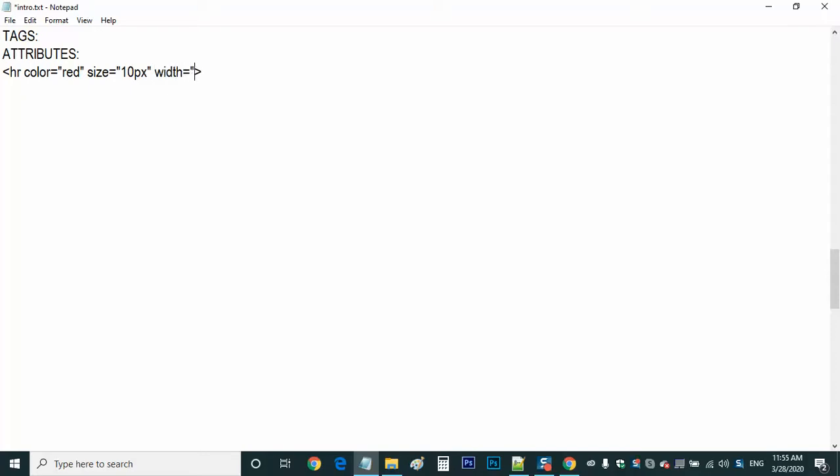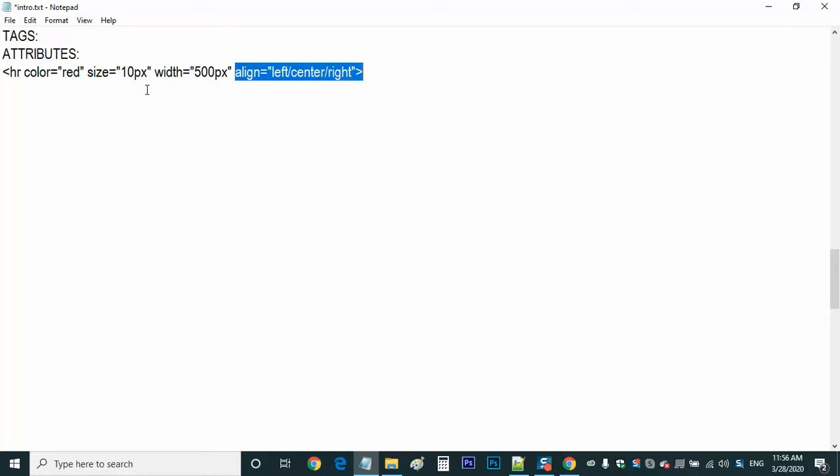How much width do you want? Say 500 px. And you can give one more attribute, friends. Align, equals to, alignment can be left, center, or right. We have to use only one value, not all the values. Either it can be left, or center, or right.